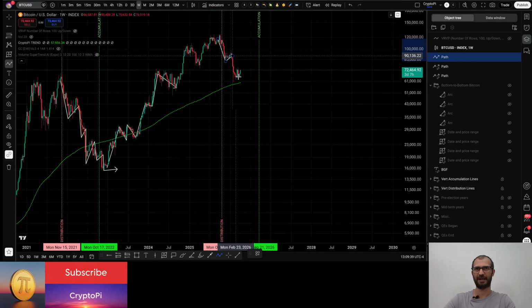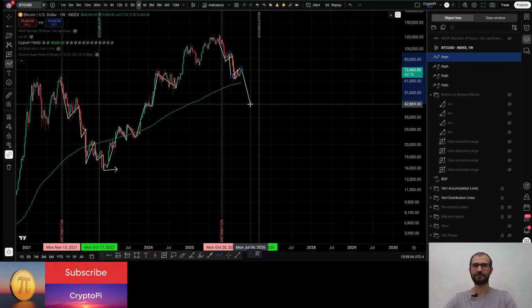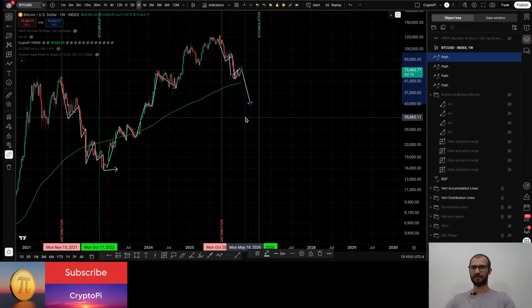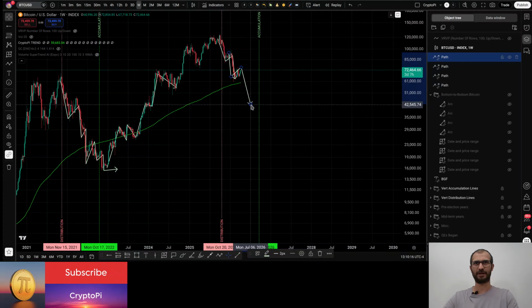We already had the first bear flag on a weekly time frame. We are on the way of making the second bear flag, not the bull flag, but the bear flag. And if this bear flag crashes all the way down here to 35,000, 30,000, then there is a possibility that price might touch the 28,000 level, but only after it has crossed the accumulation line. But if it stays somewhere in this range, then it's less likely to drop all the way down to 20,000, but it might mitigate to 34 to 40,000 after it has crossed the accumulation line.